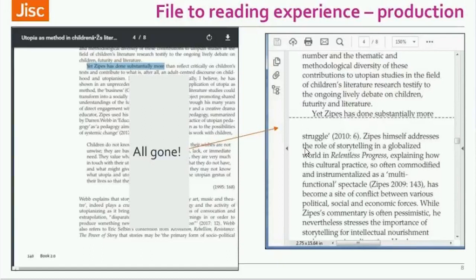So you can see there that all those lines reflow effectively. But just look at this bit, "Yet Zeeps has done substantially more," and then all the text that I've marked in that grey box on the left-hand side has disappeared.